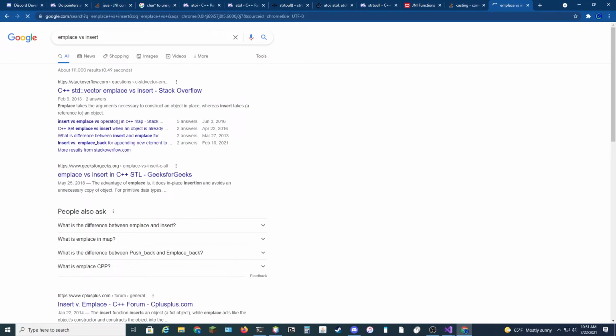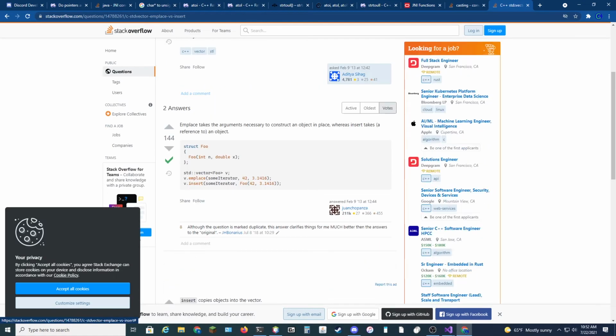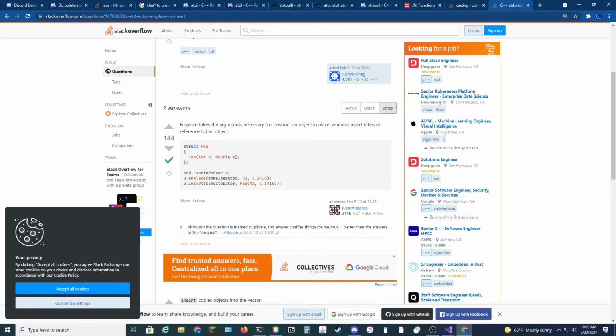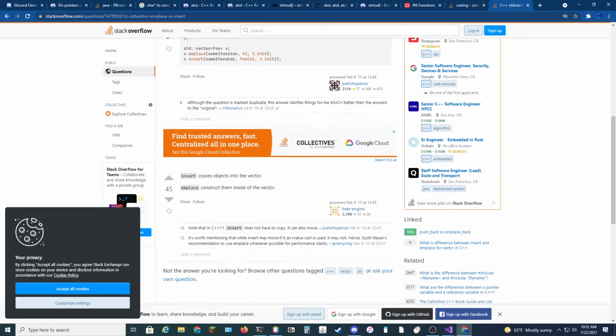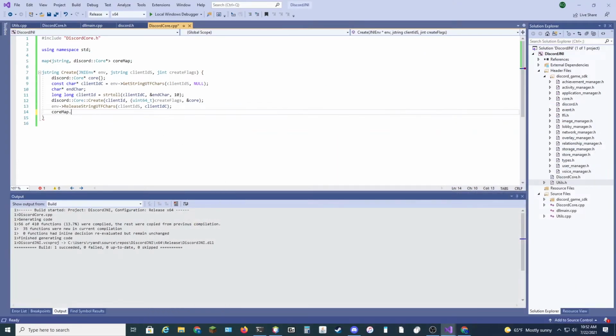Emplace versus insert. Construct an object. Okay. Really? So emplace constructs them in place. So I think in that case we should probably do insert to avoid having to copy objects. And then, if I remember, it's make pair